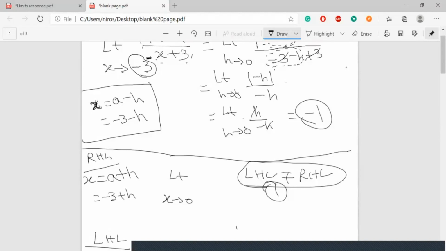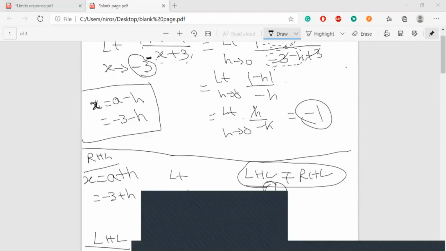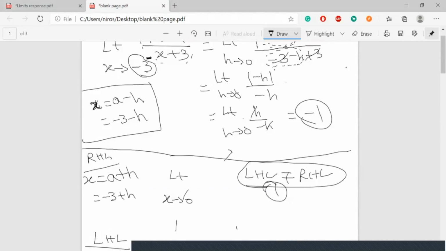The first method is by just substituting the values and checking whether they are very near or not. The second method is by drawing the graphs. By drawing graphs, at one point we will see whether it is nearly equal or not. Then this is the third method.